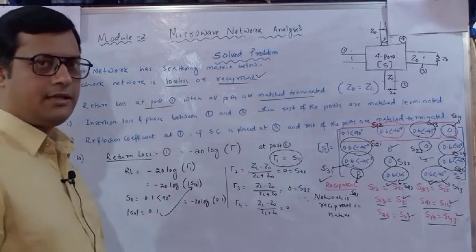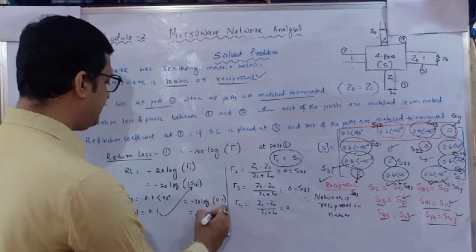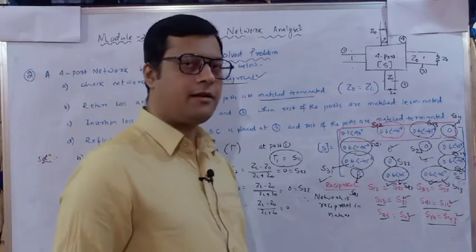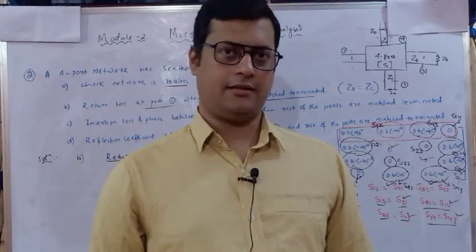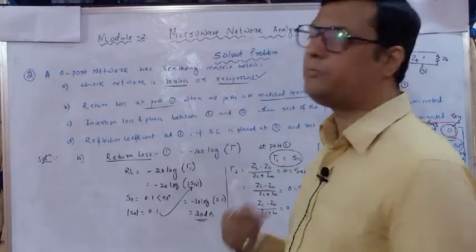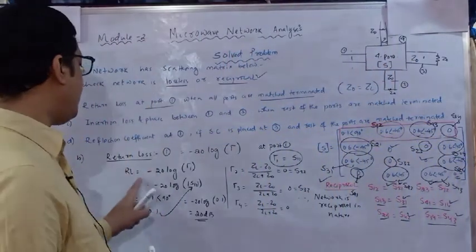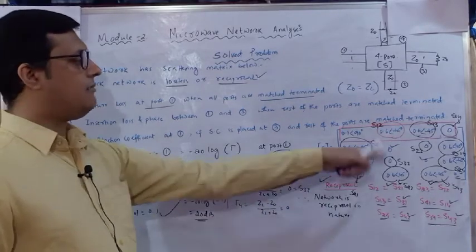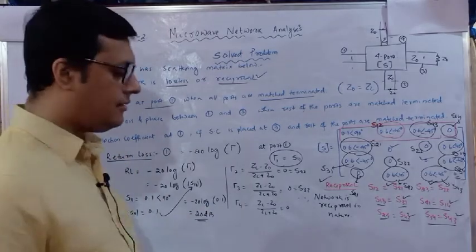So 0.1 means it is 1 over 10. So you will get around 20 dB. So this is your answer. So the return loss is 20 dB at port 1 if the rest of the ports are perfectly matched. So like this you have to explain it, you have to justify the answer. Okay, directly don't write that the return loss is this much, but you have to prove all these things because your scattering matrix needs to be satisfied. Okay, so this is the B part.